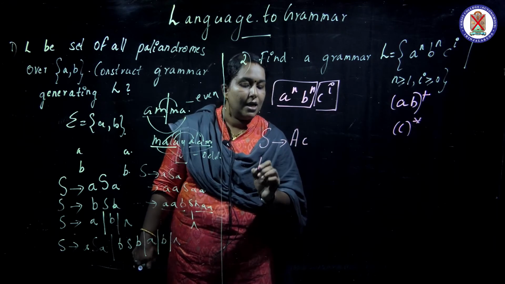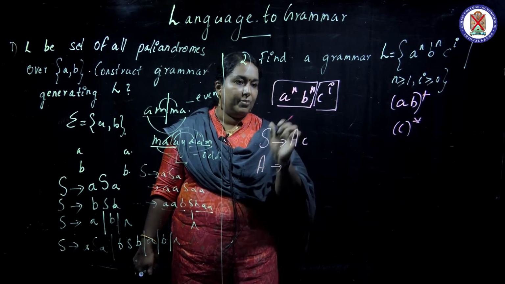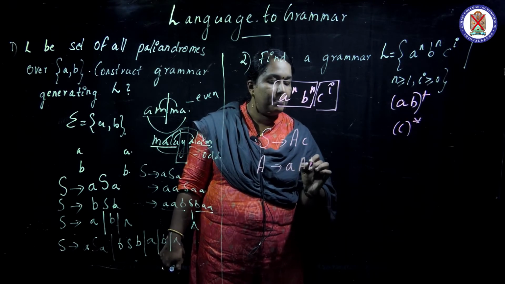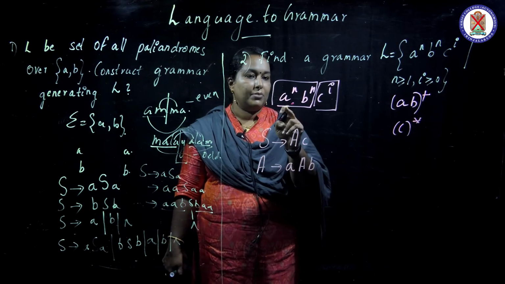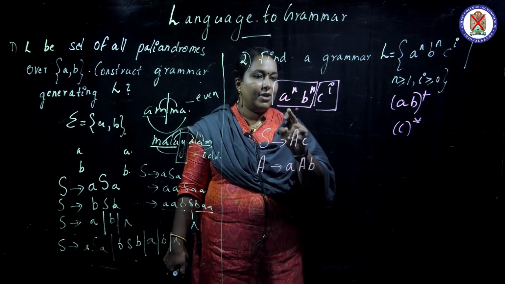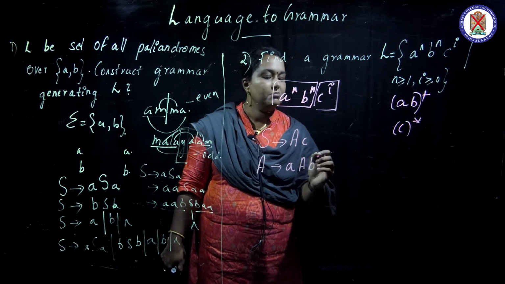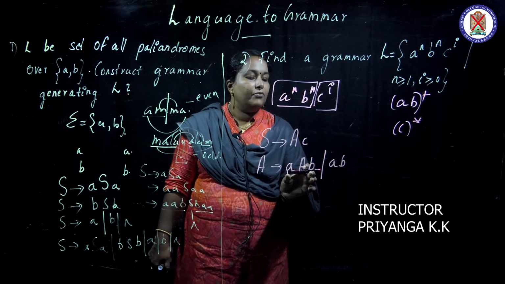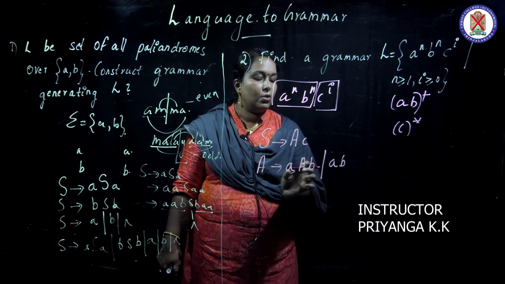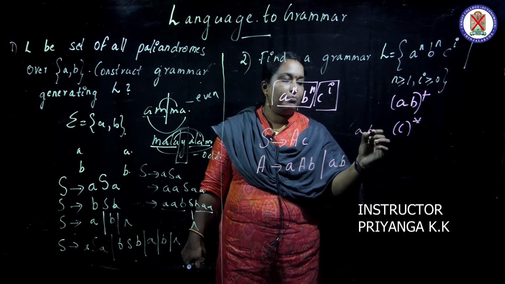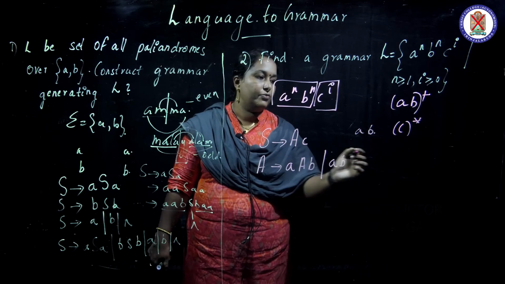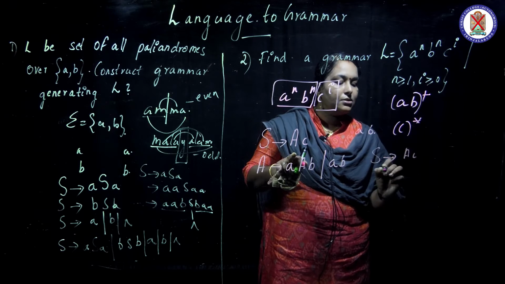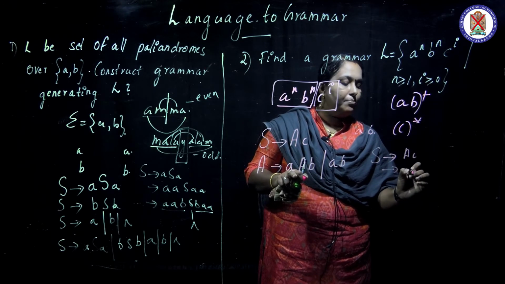Now A is written for what? AB. So AB is occurring like this. I am writing A gives a A, B. Whenever A comes, then B also comes, or just a B. It is occurring at least 1 time, so we cannot put null here, we must put a, b. S gives A, C, so A is substituted with a, b, and then C.